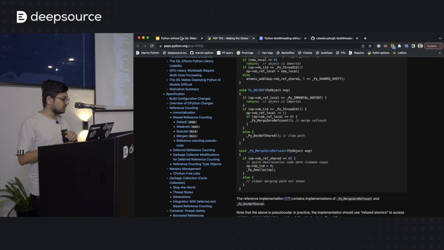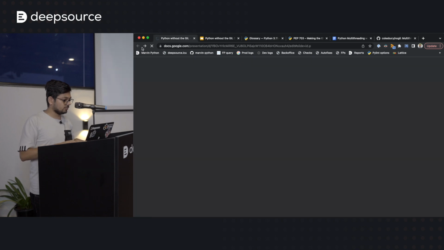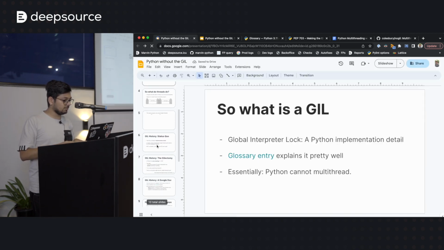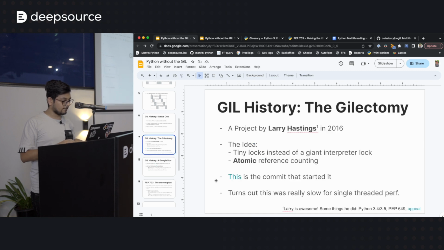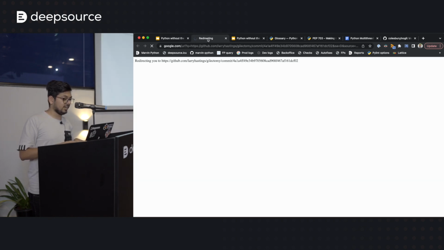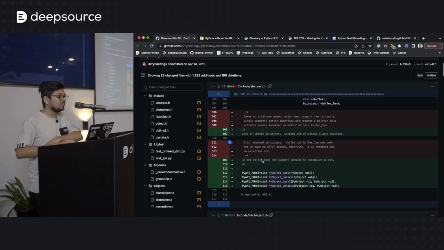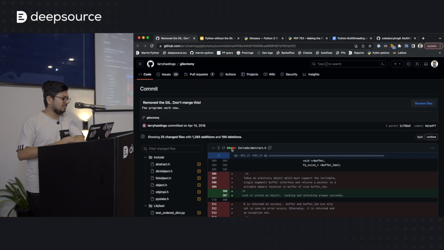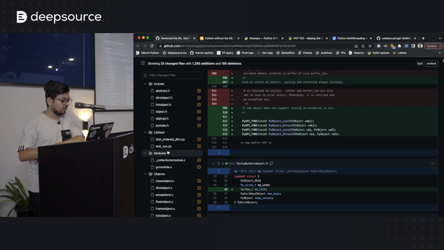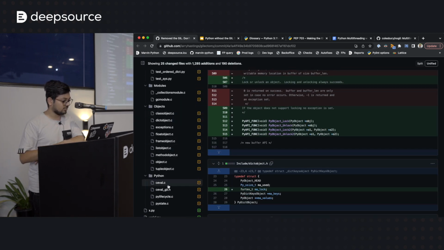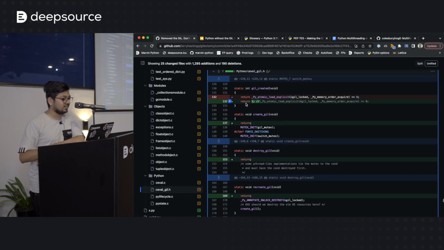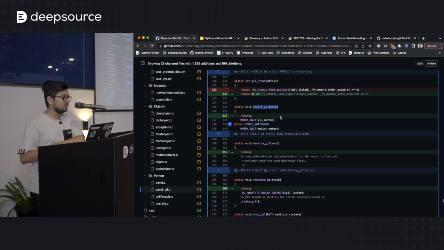I think I should try to go through the first implementation to make sure that we can explain this better. Yeah, so this was the 2016 version of the code, and let's see if I can explain this. The idea was that the part that would create this lock that would completely freeze Python state and let only one thread run Python code at a time was going to be completely ignored.